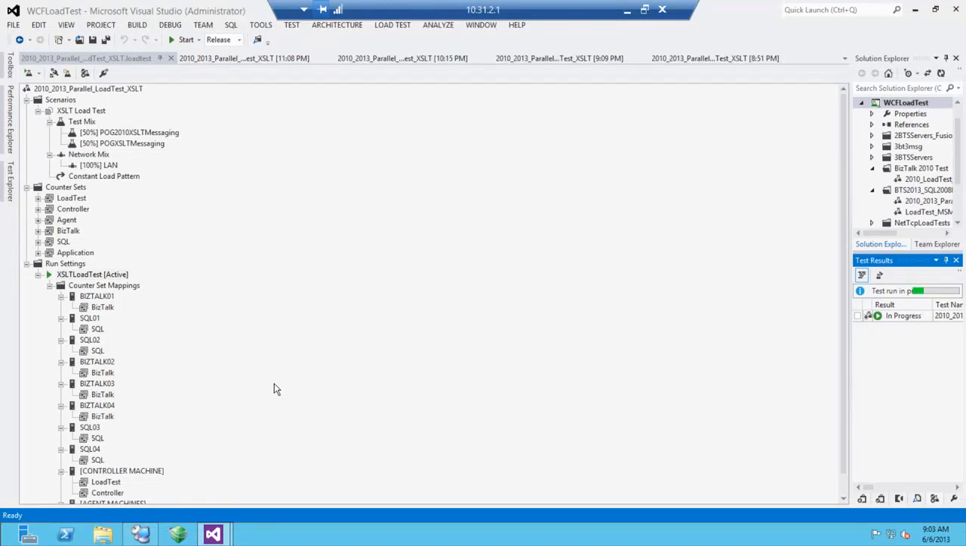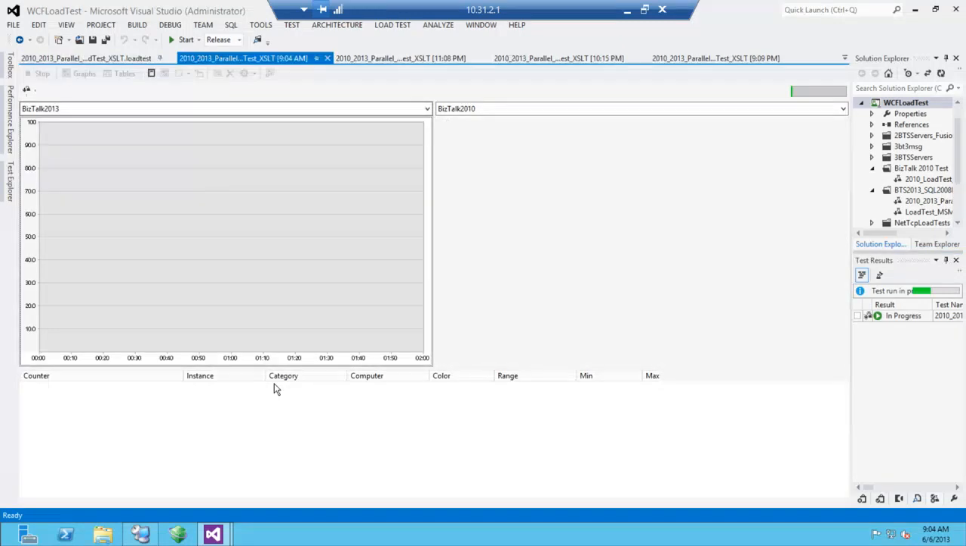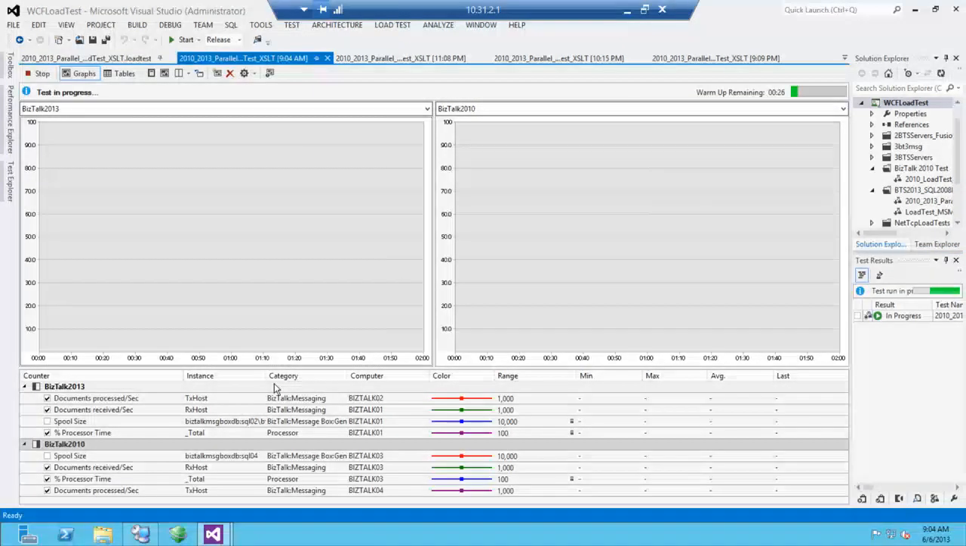And we have the test harness that is just posting one message at a time to each of these servers. So both 2010 and 2013 will be getting an equal number of messages. And as the graph loads up, it takes about 40 to 60 seconds just to build up that graph. Yeah, it's coming up. So as it loads up, you can see the number of messages being processed and the